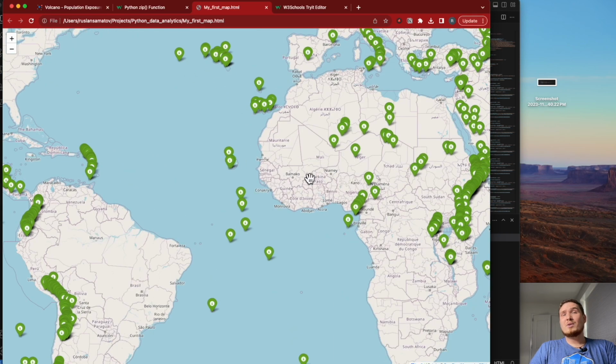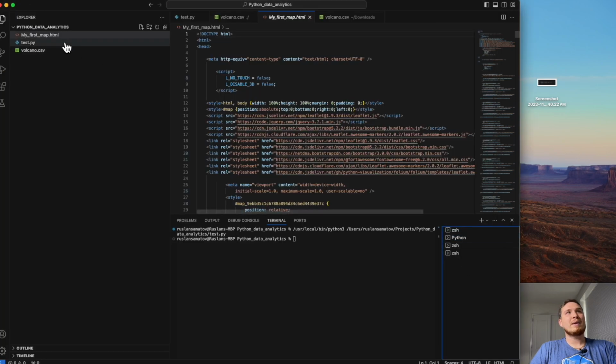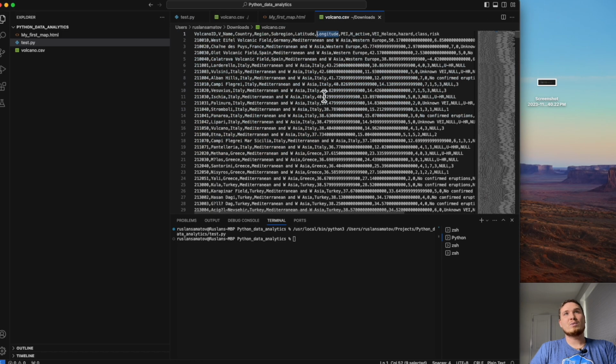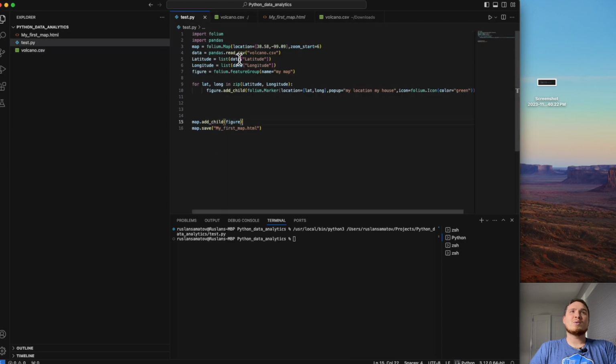The next step we're going to do in the following videos, we need to update our marker, because you see it's giving the same location. We need to dynamically pass this pop-up information. We need to update it from our Excel sheet, which we have downloaded. For example, the name of the volcano we want to provide. So that will be your homework. So use my code. I will post it on my repo, on my Bitbucket, GitHub. Links will be below.